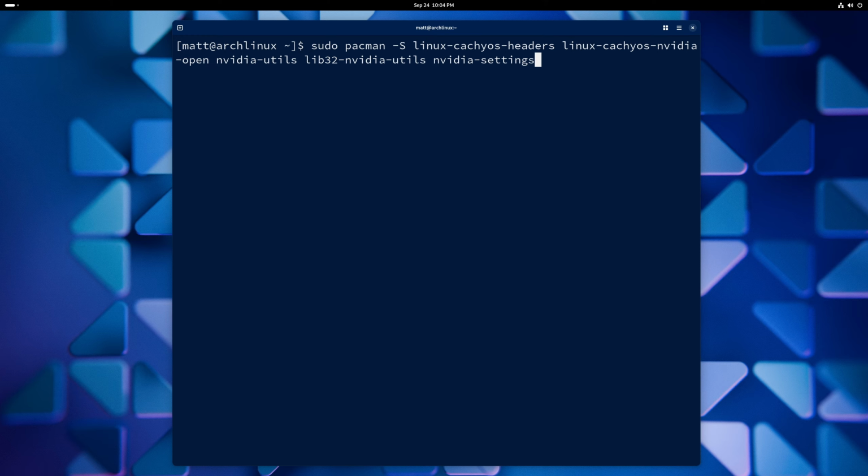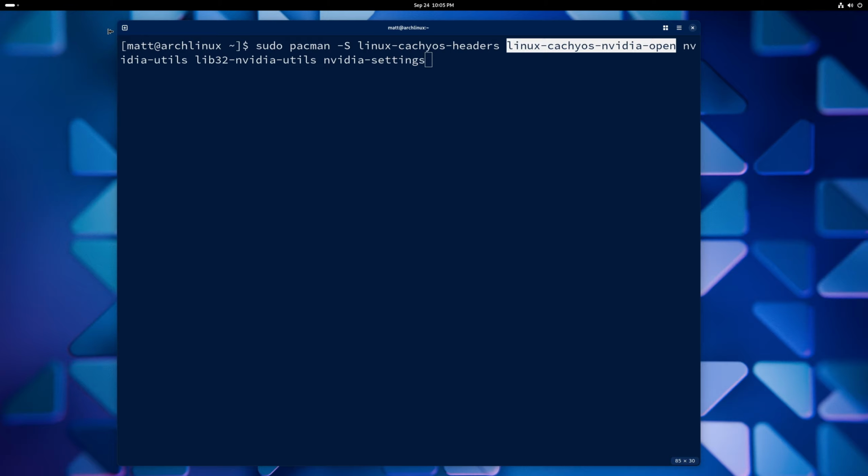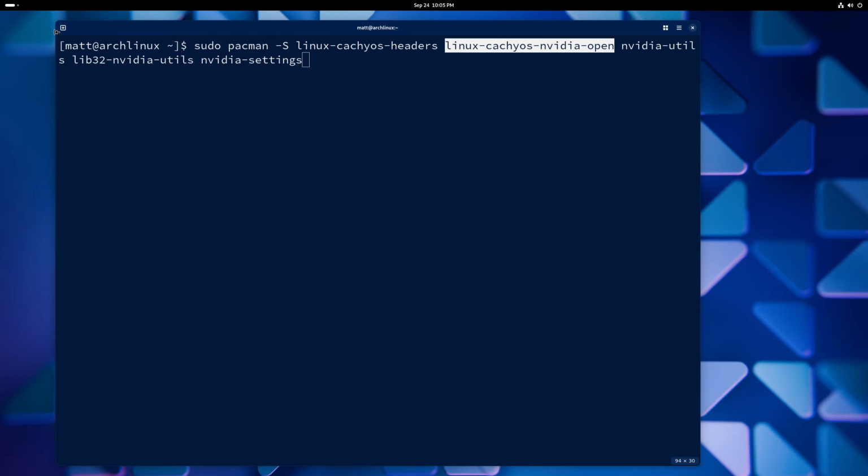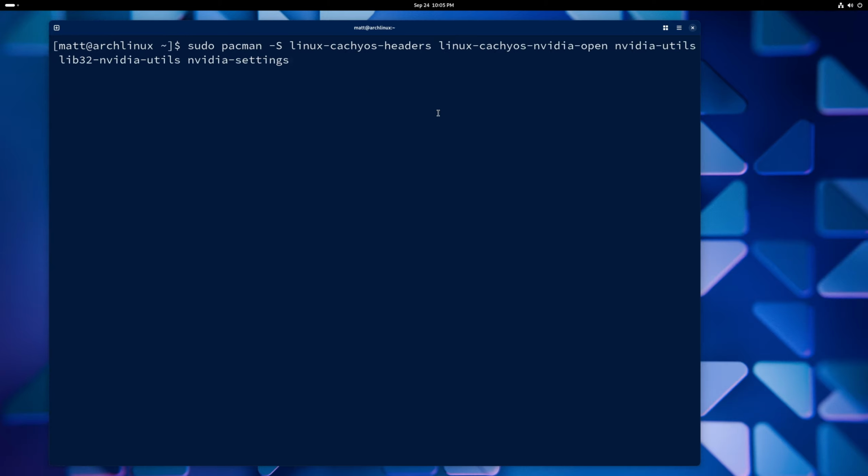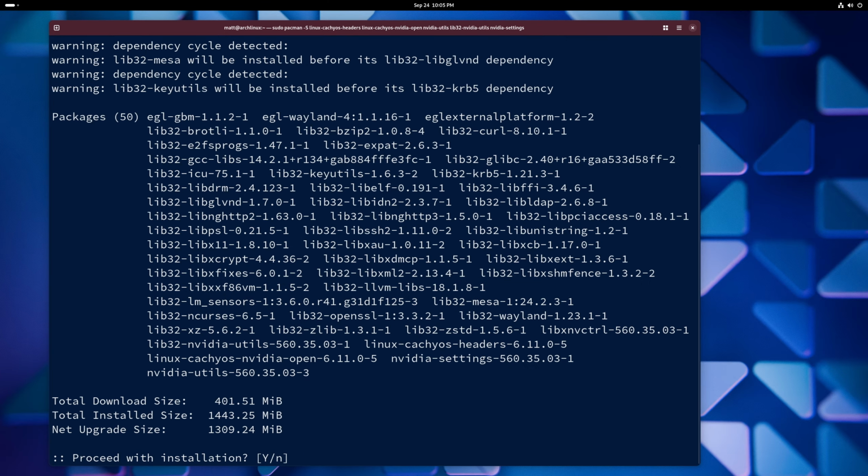Now, these kernel modules right here, that's what they are. They allow you an out-of-box experience when it comes to NVIDIA, okay? No joke, not even fibbing. And every time a new kernel comes out, these drivers and these modules will get updated so you have an out-of-box experience, okay? So it's going to install a whole bunch of stuff that's needed, including EGL GBM and EGL Wayland. And there's the utils, the driver versions